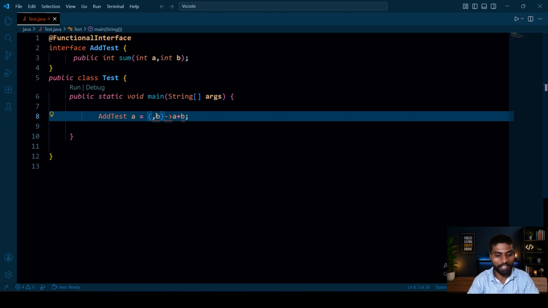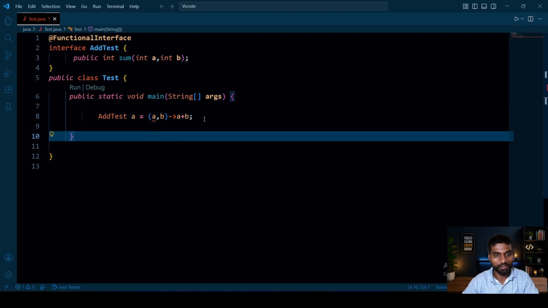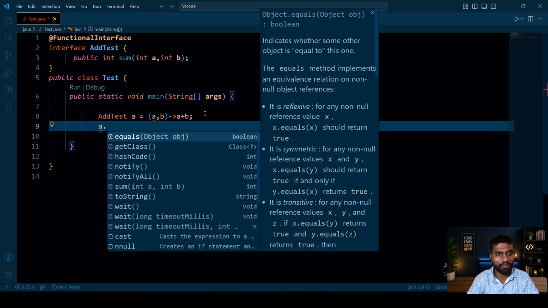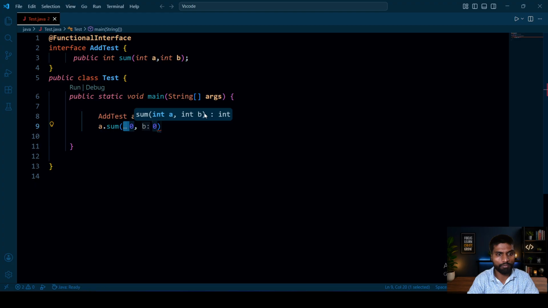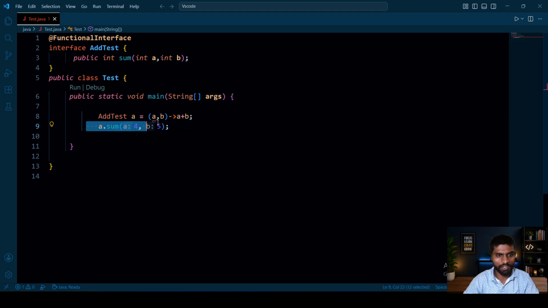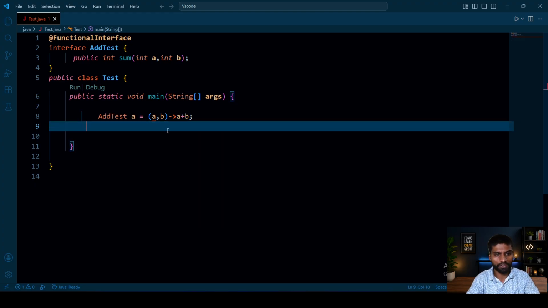I will write another name, like c, d. Then a dot sum of 4 and 5. Why am I getting an error? Simply write this into System.out.println.